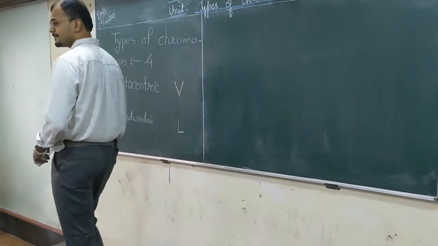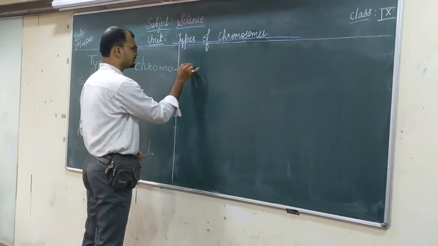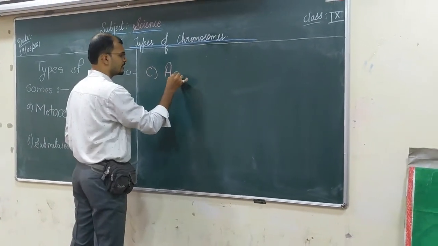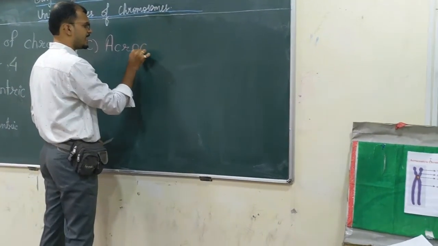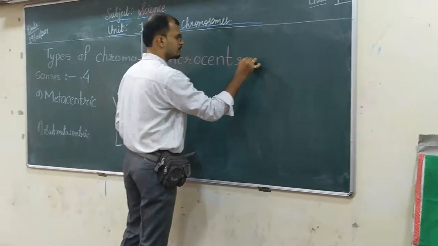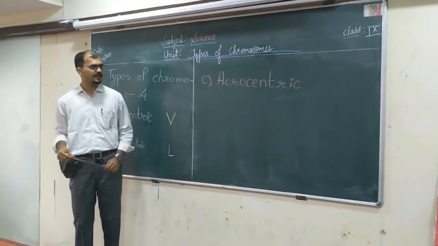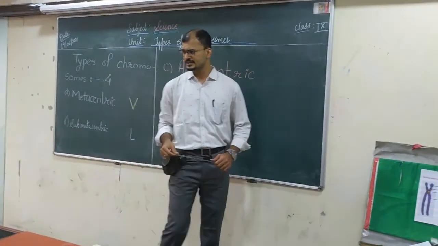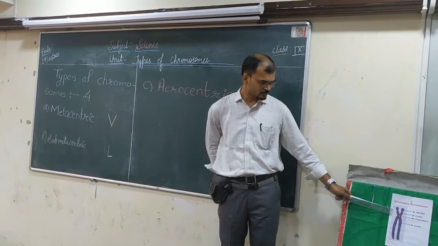Now, the third type of chromosome is acrocentric chromosome. The third type is acrocentric chromosome. Now, let's see the picture of acrocentric chromosome. In an acrocentric chromosome, you can see,